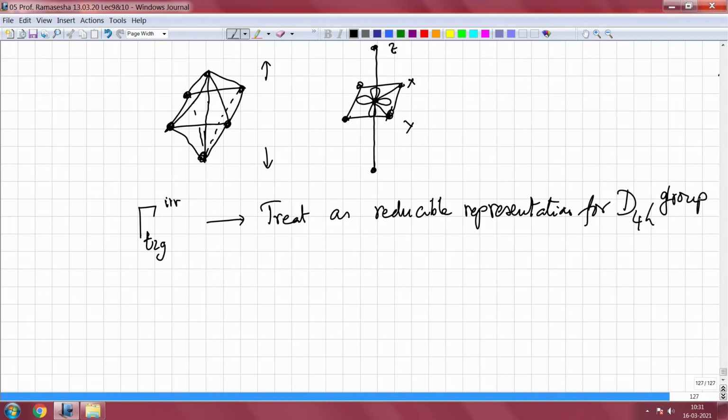When you do this, then gamma T2g irreducible for the octahedral group will split into gamma irreducible